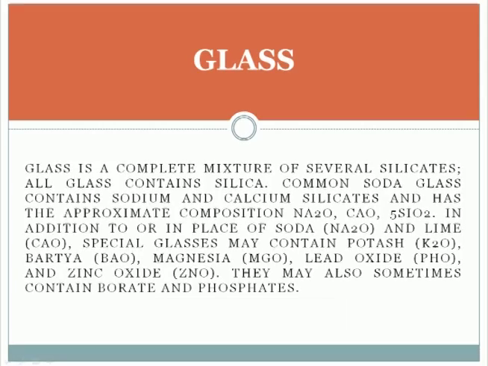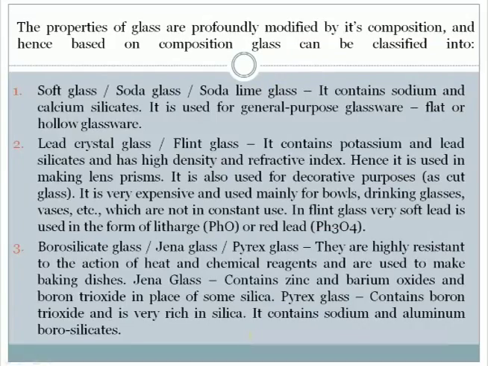In addition to or in place of soda and lime, special glasses may contain potash, baryta, magnesia, lead oxide, and zinc oxide. They may also sometimes contain borates and phosphates. The properties of glass are profoundly modified by its composition, and hence, based on composition, it can be classified into soft